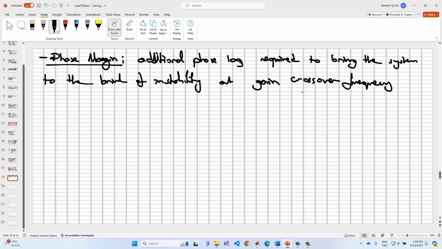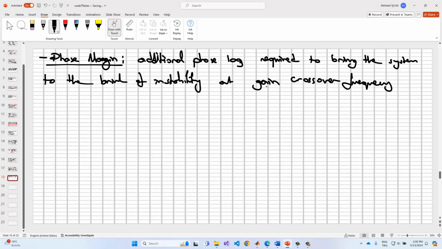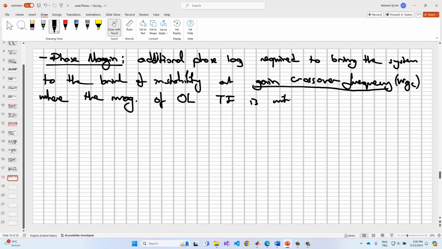Just see that this is directly related to what? In the first place the gain margin is directly related to the phase crossover frequency, but the phase margin is related to the gain crossover frequency. This is important, Wgc, where the magnitude of the open loop TF is unity or 0 decibel. Okay,